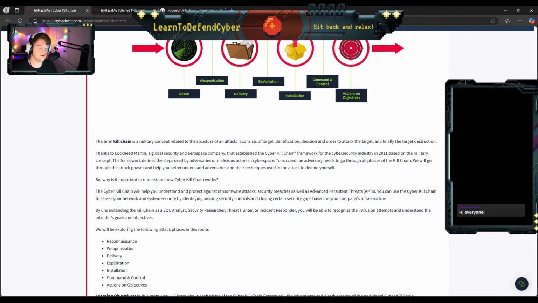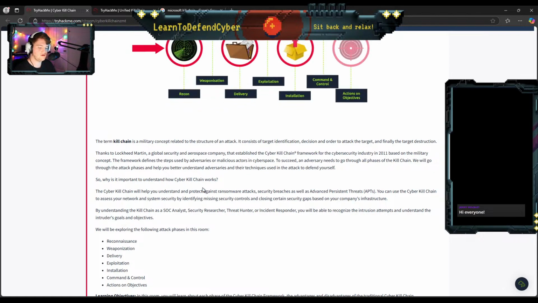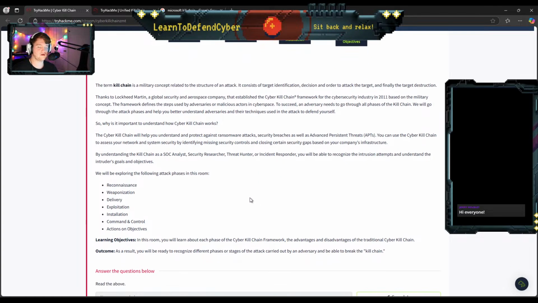Why is it so important? I did kind of touch on it, right? But we can read it right here. Cyber Kill Chain will help you understand and protect against ransomware attacks, security breaches, APTs. The Cyber Kill Chain is going to really help you protect against any kind of attack. Those are probably your main threats in bold quotation marks,